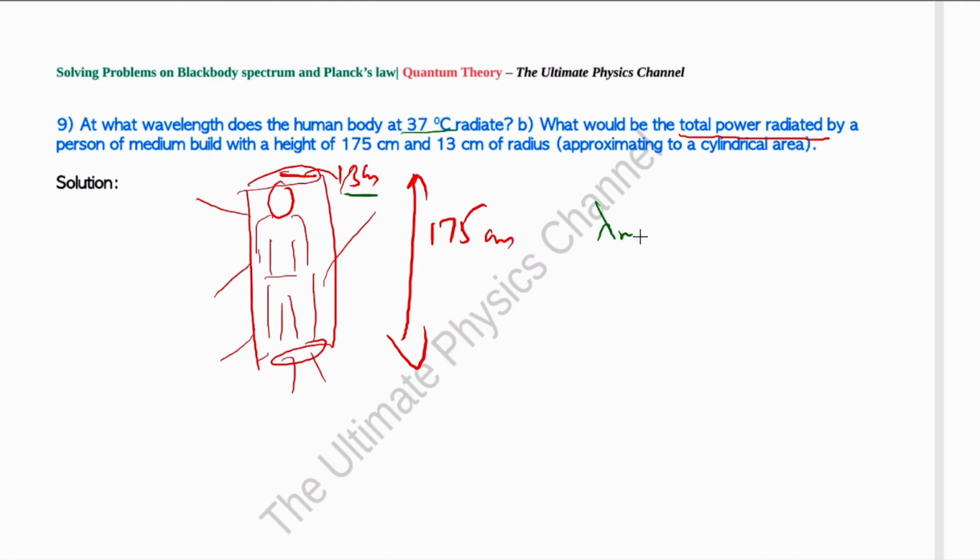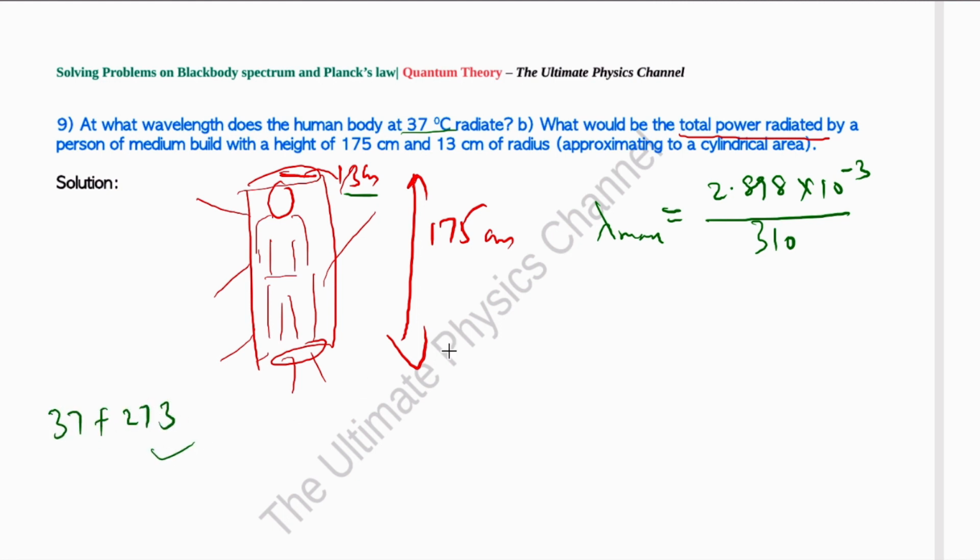So lambda max is equal to 2.898 into 10 power minus 3 over the temperature, which is 37 degrees centigrade, which is approximately 310 Kelvin. Right, so for the Kelvin scale, the Celsius scale is 37, we are adding 273 to it roughly, so nearly that is 310 Kelvin, right? So lambda max, if we calculate the wavelength at which this person is radiating,